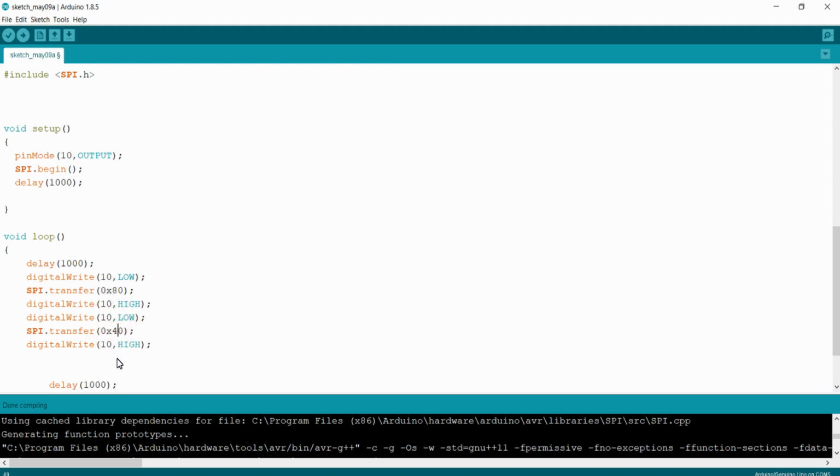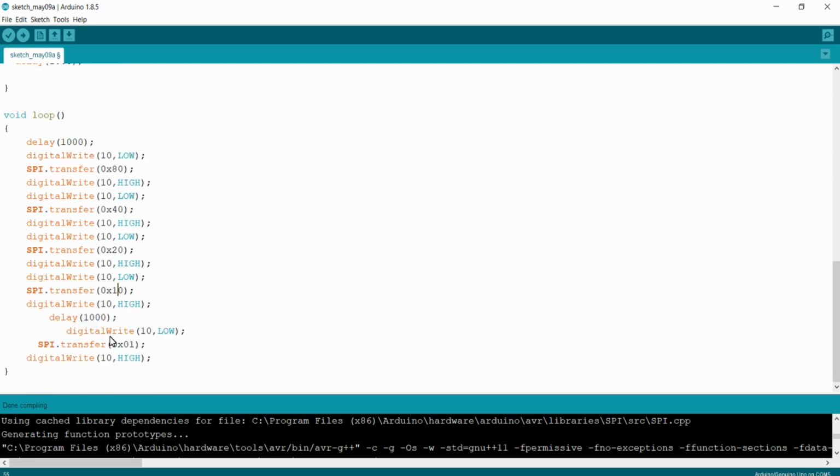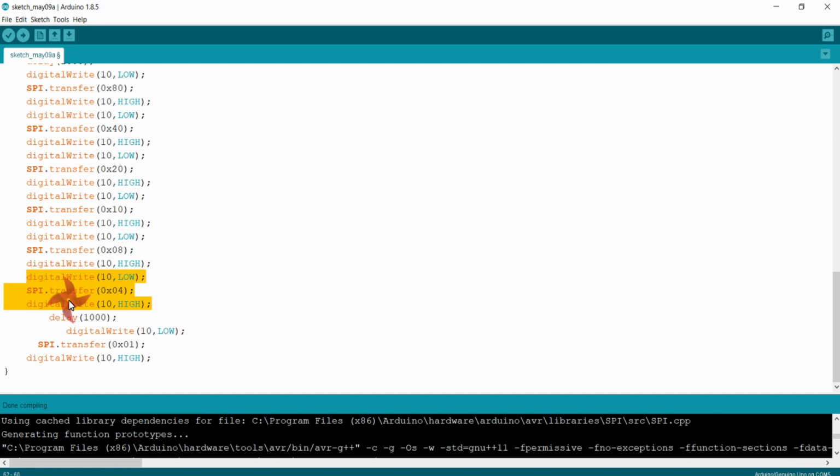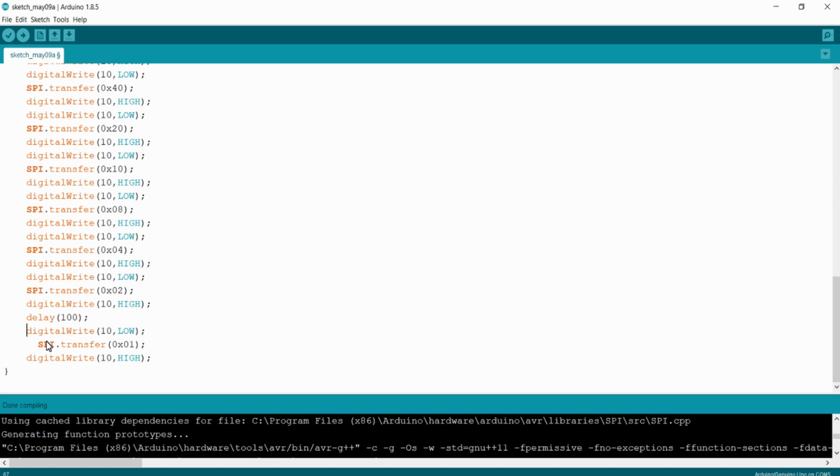I'm going to pass 0x40 next to the 80, 20 next to the 40 and 10 next to the 20, and similarly I will be passing 3 more bytes, that is 0x08, 0x04, 0x02 and finally 0x01, which I have already passed.